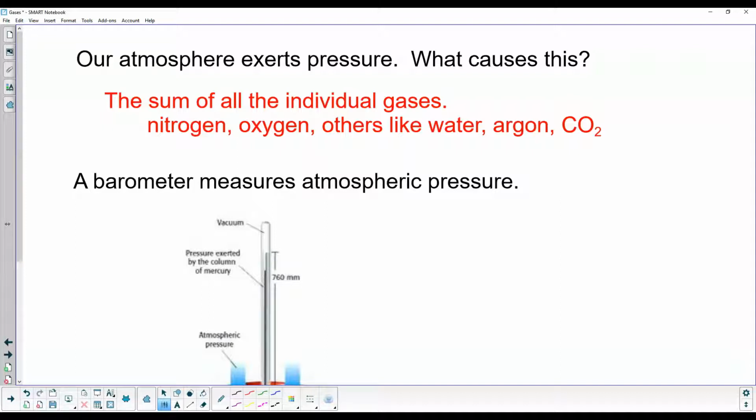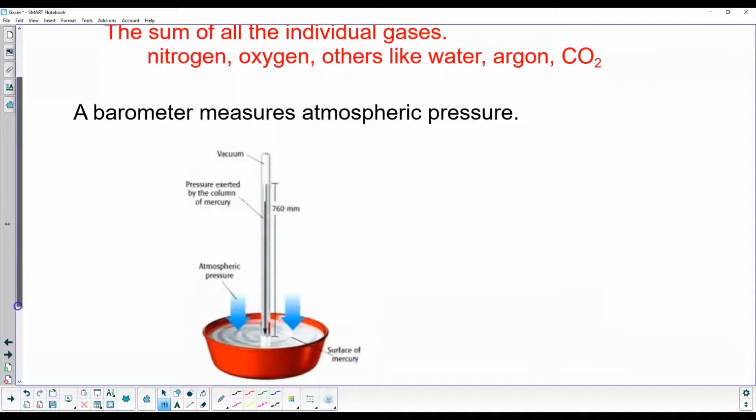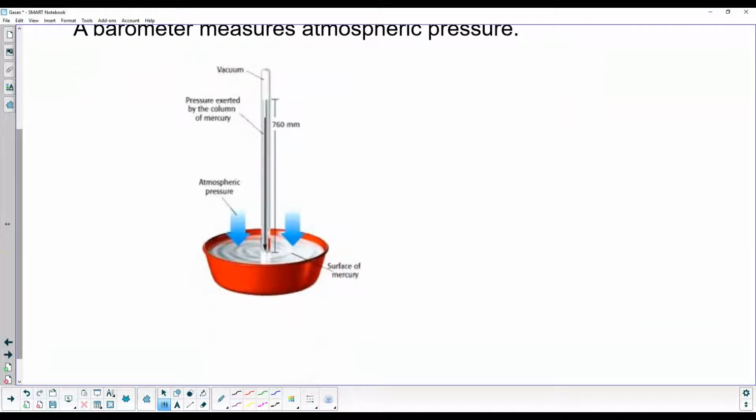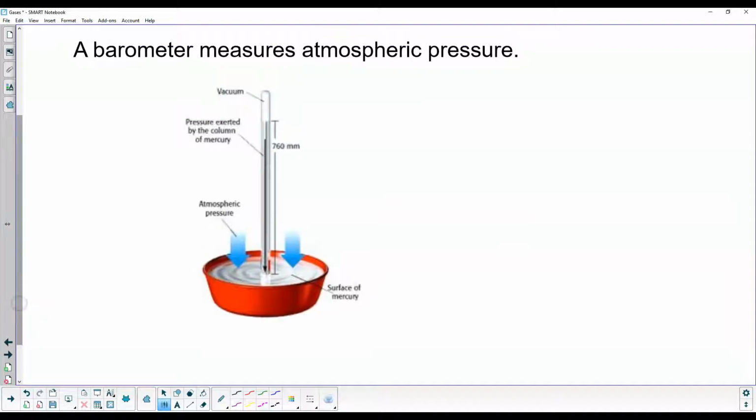You can measure this with a device called a barometer. This is the earliest form of the barometer, made by an Italian scientist named Evangelista Torricelli. You can see he had an open dish of mercury, then he put in an inverted glass tube called a eudiometric tube. He filled this tube to the brim with mercury and inverted it in there. Then the level of mercury dropped, and up above he had a vacuum, just a space void of matter.